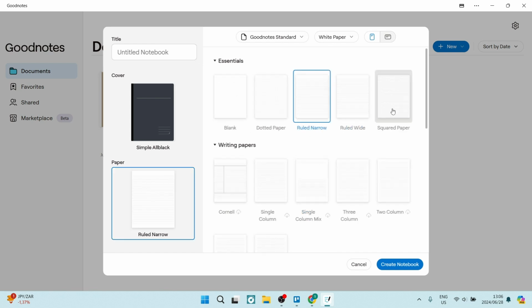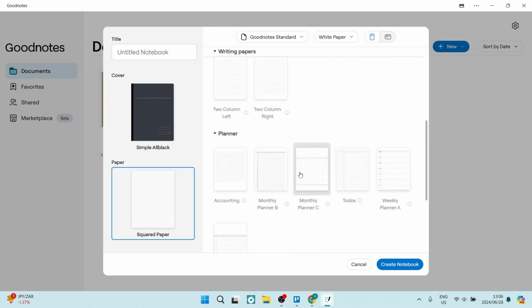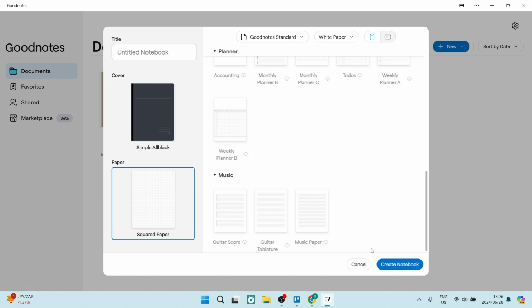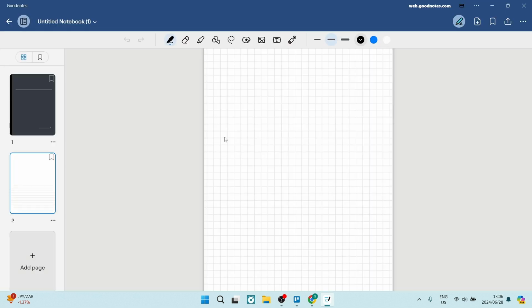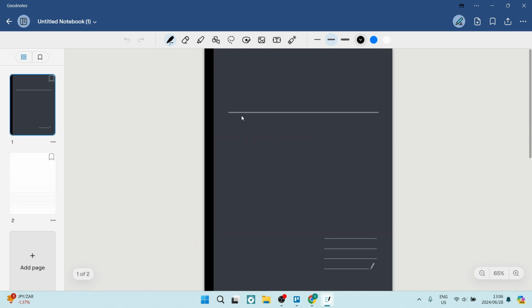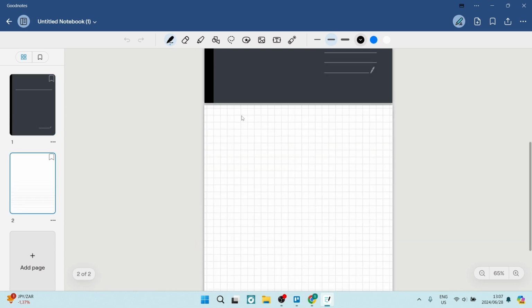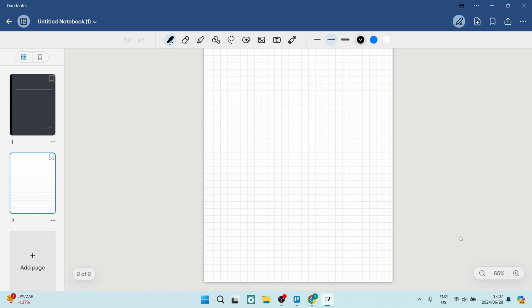So let's say that we want square paper, and you can see that there is a bunch of different styles of paper. Let's go ahead, create our notebook, and here you can see that this is what the cover looks like, and you can go down to the next page. You can also zoom in and out here, and as you can see at the top, you've got a toolbar,